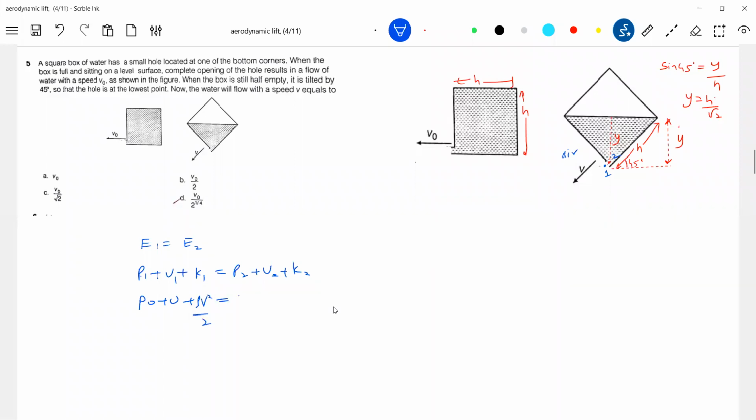Now, what is the pressure at 2? It depends on rho g y, not rho g h. 1 and 2 are on the same horizontal level. And what is the state of this liquid in the container at rest? Root of 2gy. What is y equal to? Earlier, what was V naught? V naught, what you can write in this particular problem? Root of 2gh. Divide these two.